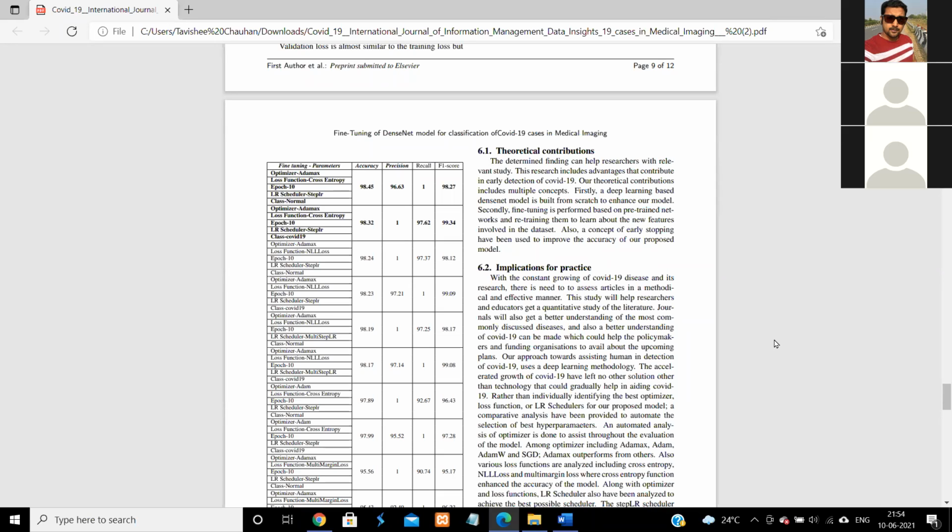People have come up with this DenseNet architecture and all that. So what happens is they are already trained on some data set. That might be identification of fruits or vegetables or anything, right? Now, when the model is already trained on something, that model is called pre-trained. Now, the point is, can I use a pre-trained model to implement the detection of COVID-19? I cannot use it directly. If I use it directly, obviously it won't work.